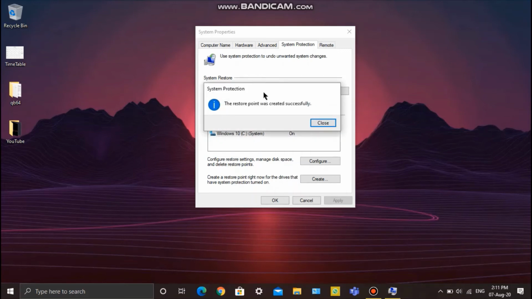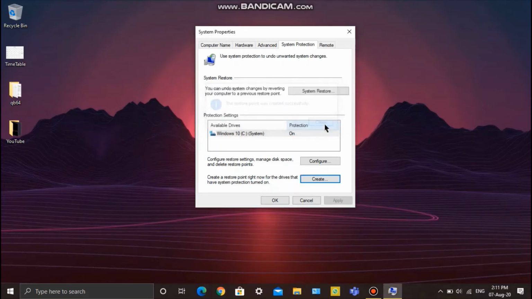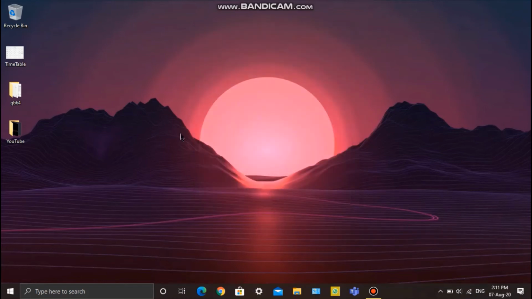Then you'll get a pop-up like the restore point was created successfully. Click close and OK. Now after some days, hopefully it doesn't happen, but in case something bad happened and your PC ran into a problem, you can either go into the advanced settings and go to restore point there, or